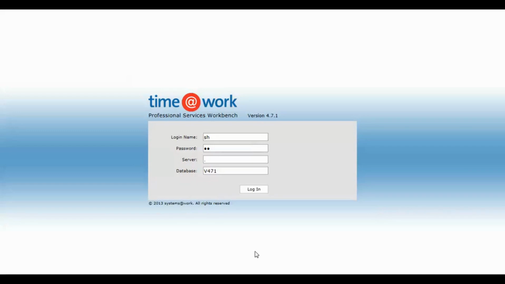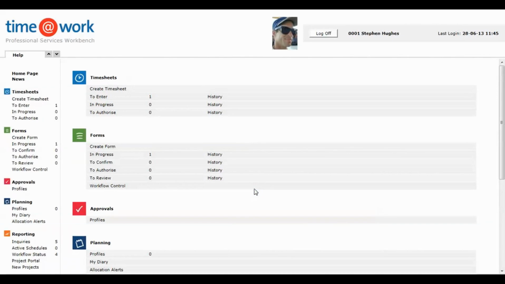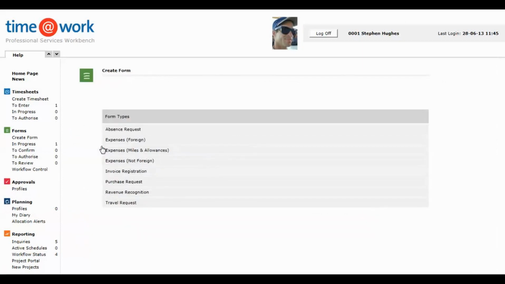To illustrate this, I'm going to log in as Stephen Hughes into the standard demonstration database. You'll see straight away that we talk about forms rather than expense forms. And that is because forms can be configured for a wide variety of different purposes. Almost every company that uses Time at Work will use forms for expenses. But some can also take advantage of the configuration of workflow and calculations to use forms for other purposes as